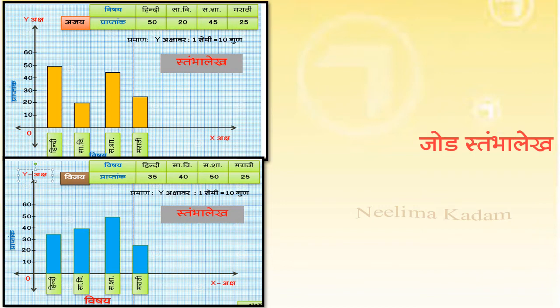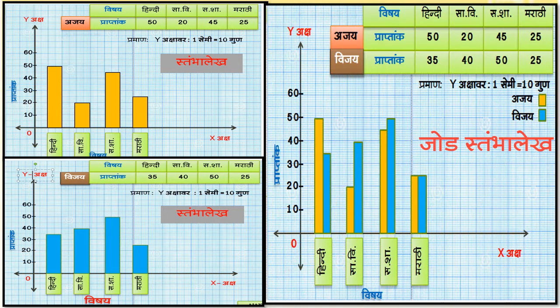But if we want to compare the marks of Ajay and Vijay, we have to study these two graphs separately. Instead of that, with the help of this joint bar graph, we can compare the marks of Ajay and Vijay